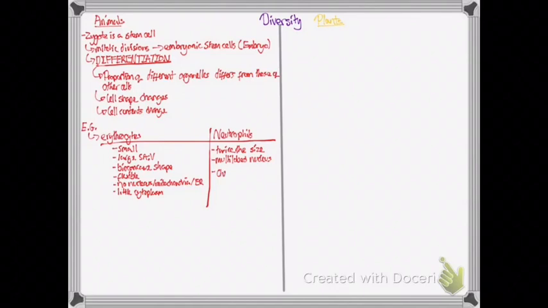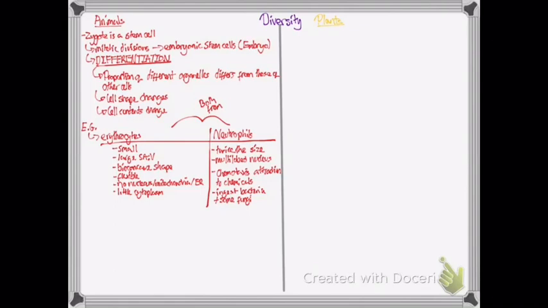Neutrophils are also produced by bone marrow cells, which are stem cells. However, they're completely different. They're twice the size and they've got a multi-lobed nucleus. They undergo chemotaxis, attracting them towards chemicals, and they can ingest bacteria and some fungi. So they both come from the bone marrow, but they have completely different properties